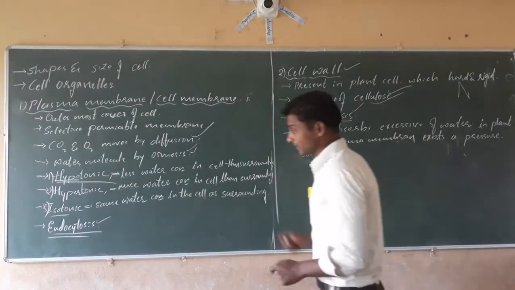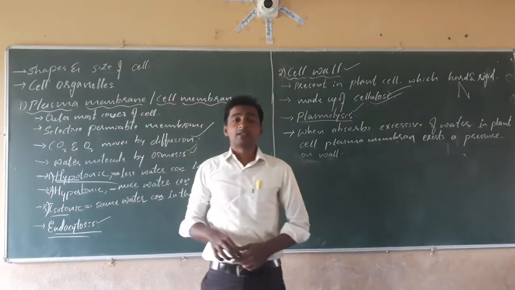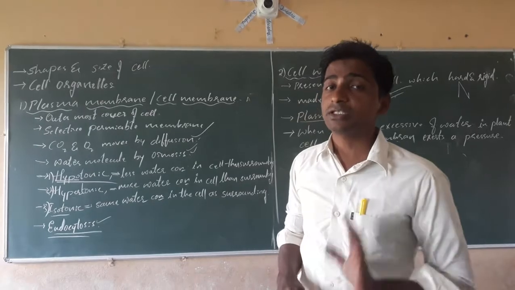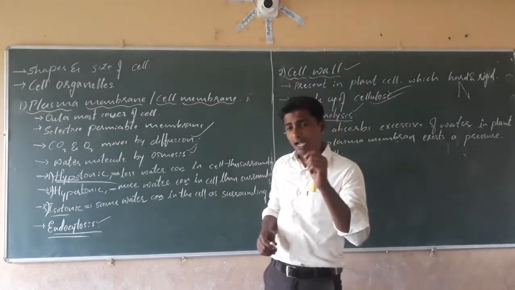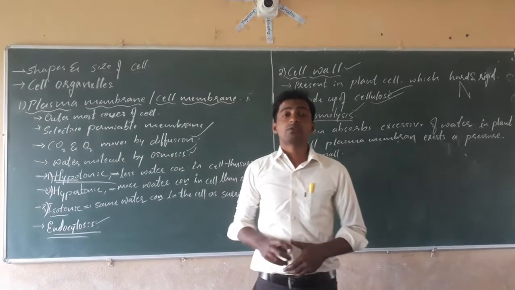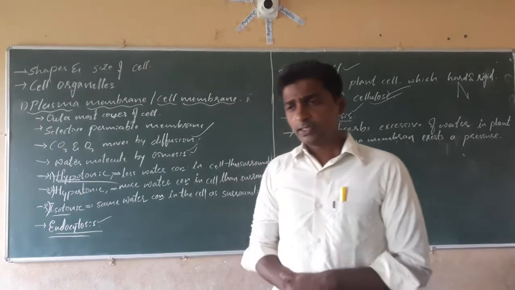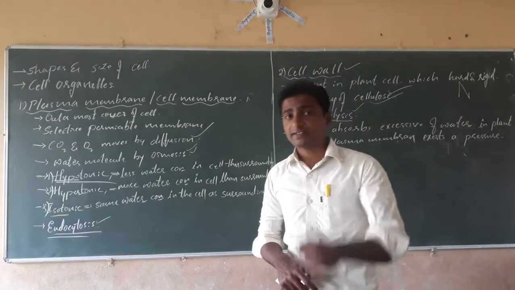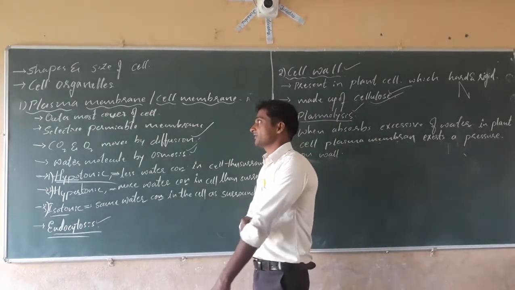Sizes of the cells. In case of size, different sizes of cells are present. The cells are measured from microns to centimeters. Some cells are very tiny, invisible to the naked eye. If you want to see them, we have to use the microscope. Yes, some cells are measured in centimeters. The largest cell is the ostrich egg, which we studied in the previous class, previous year.